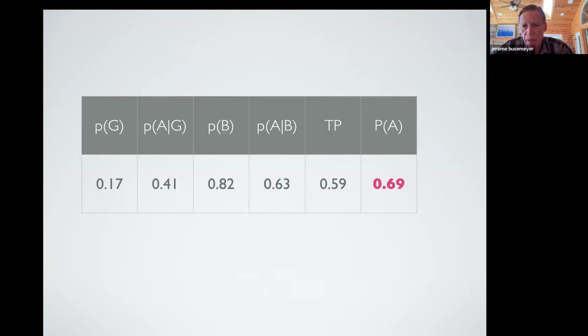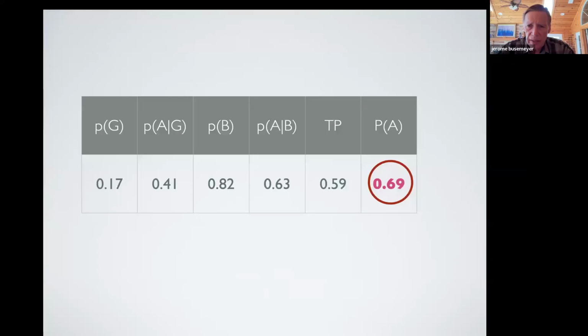But in the second condition, where we just ask them, do you want to attack or not? Now the category should still be important, but we don't ask them about it. Now the probability of attack turns out to be 0.69, 10% higher than the total probability. And if you look at this table, the probability of attack when we don't ask them the category, 0.69, turns out to be higher than the probability they attack when they just categorized it as a bad guy, 0.63. So again, we're getting some kind of a violation of the